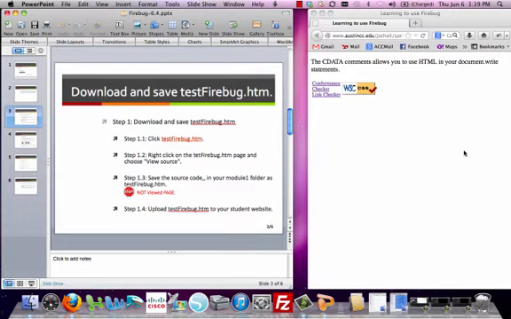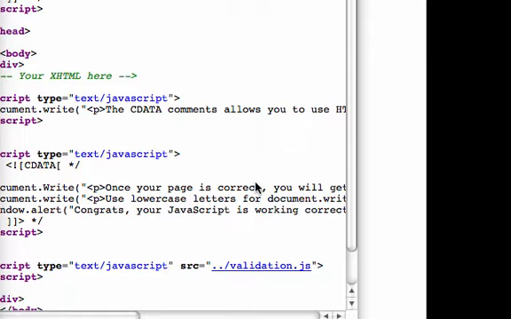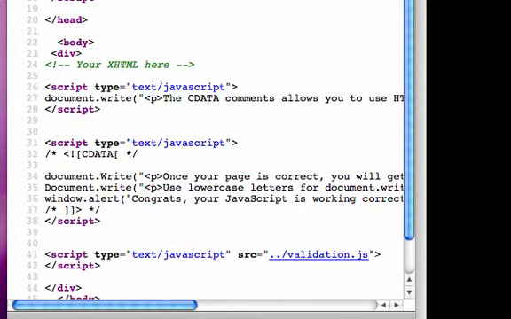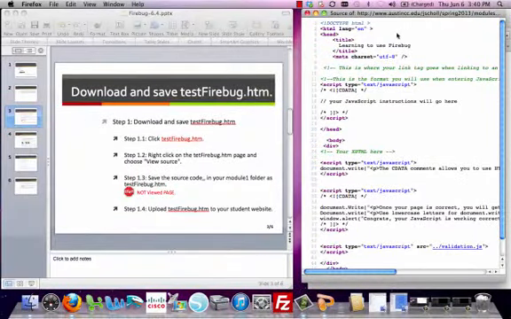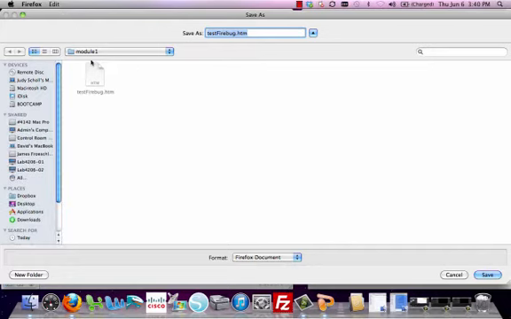Alright, so now we have our testfirebug.html on the screen, and we want to save it. Remember, we never save the viewed page. Saving the view page causes you all kinds of problems. What you want to do is view the page source. Hopefully you will see the source. If you just see a whole bunch of junk, then it's not what you need to do. But here with the source of the test page, we will go to File, Save Page As,